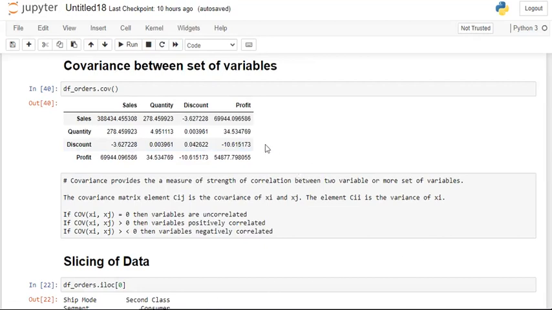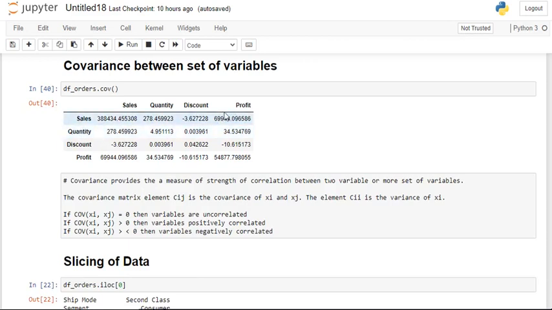So by seeing this data, we can say that there is a negative correlation and also some positive correlation, and some variables are not correlated at all. Here, quantity versus discount, the correlation is 0.00, which means there is no correlation between discount and quantity. And values greater than 0, like sales versus profit and